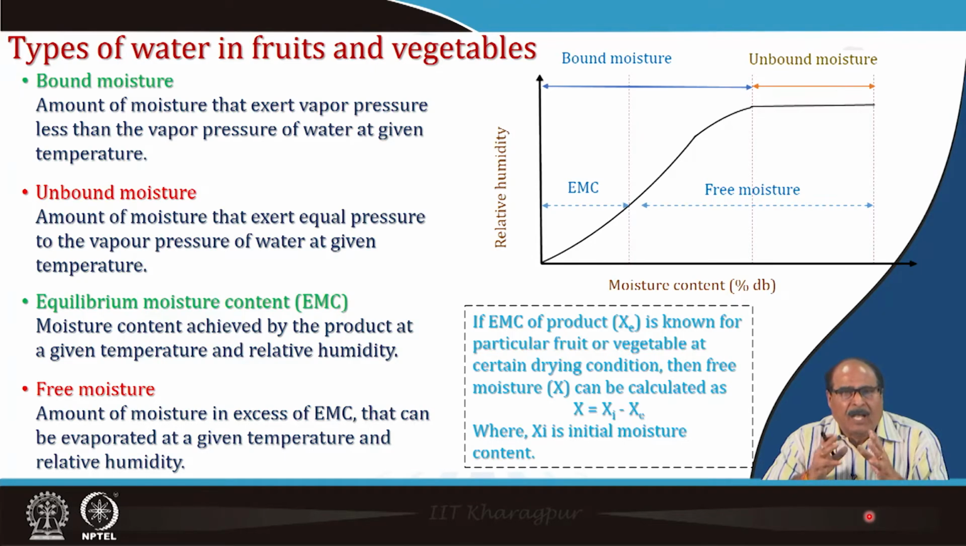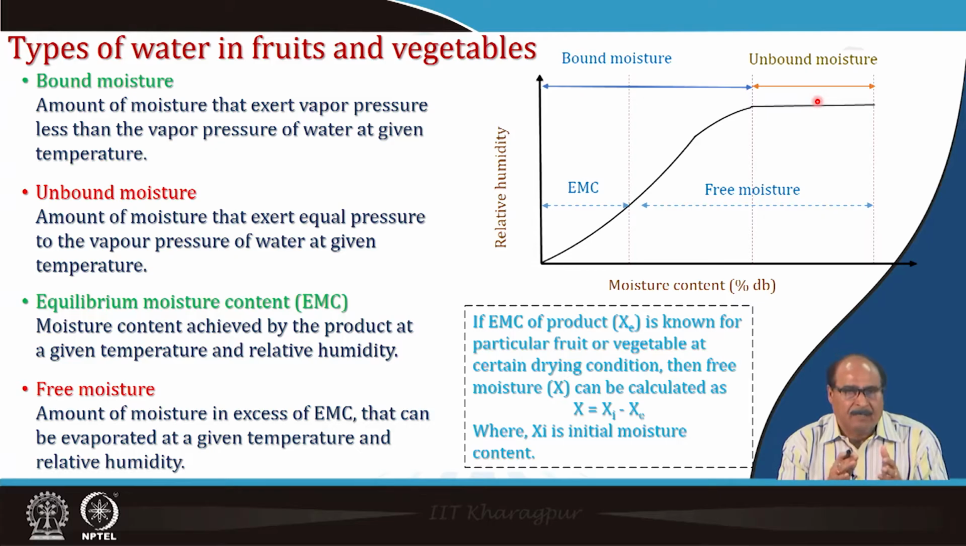So, the different types of water which are present in fruits and vegetables or other such commodities, you can see here in the picture, are bound water, unbound water, equilibrium moisture content and the free moisture. Bound water is the amount of moisture that exerts a vapor pressure less than the vapor pressure of water at a given temperature, and you can see in the picture it is the bound moisture present in the commodity. Unbound water is the water that exerts a pressure equal to the vapor pressure of water at